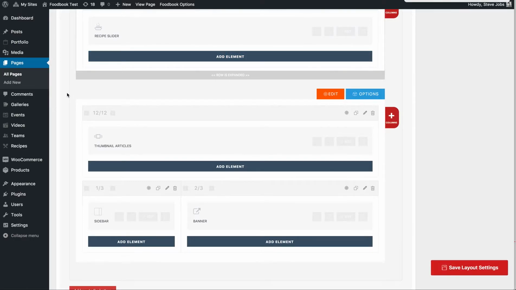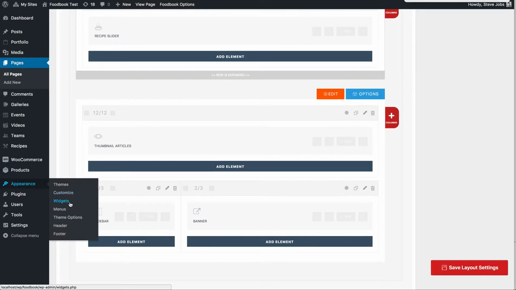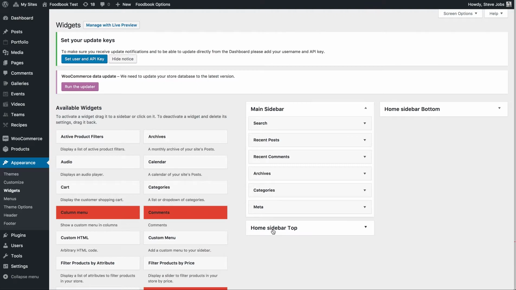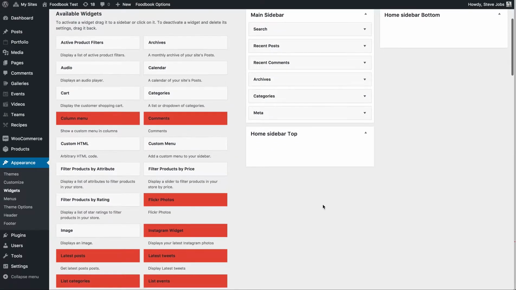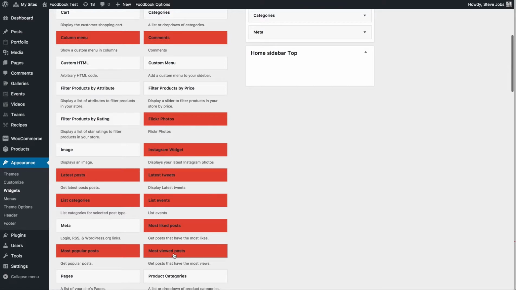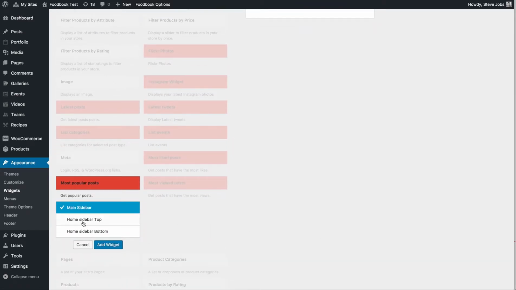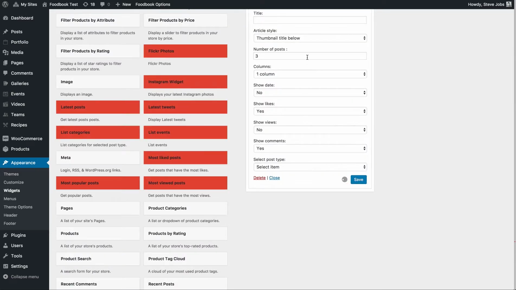How to do this? We need to go to Appearance and Widgets. Once we go here, you will see the Home Sidebar Top and Home Sidebar Bottom. These are the sidebars. We need to add the widgets in them. How to add this? We have the most popular. You can click on it, select the sidebar we want to add it in, and click Add Widget. I'm going to set most popular. I'm going to have 5 posts. Title below. No, I'm going to have them with